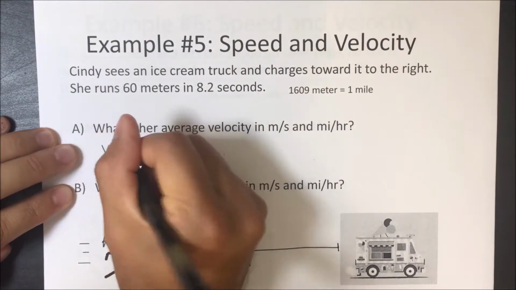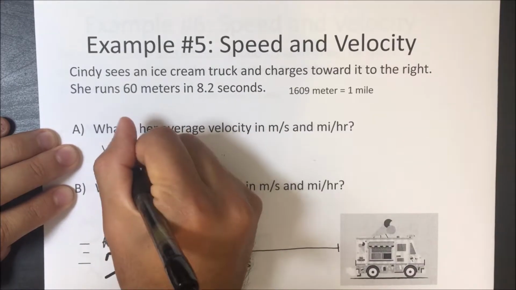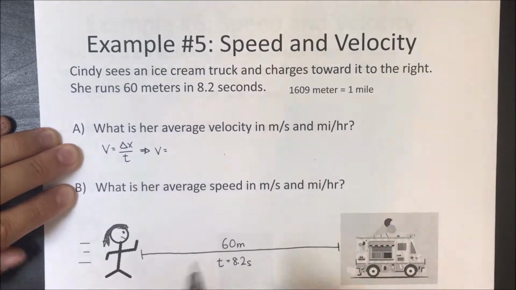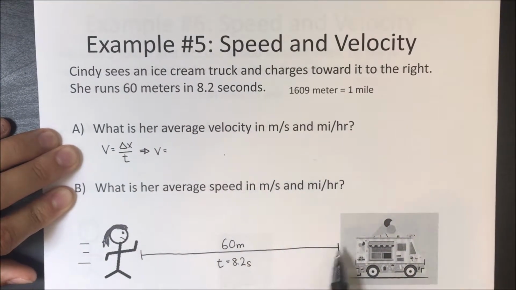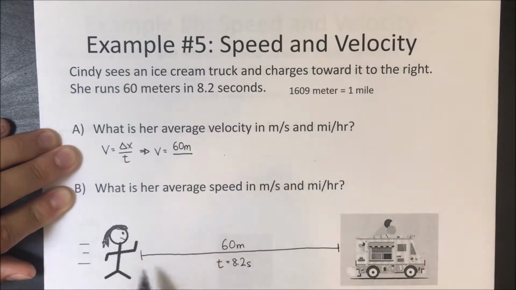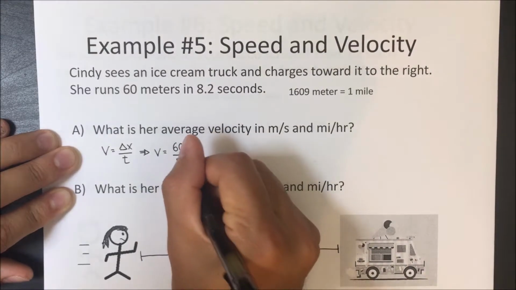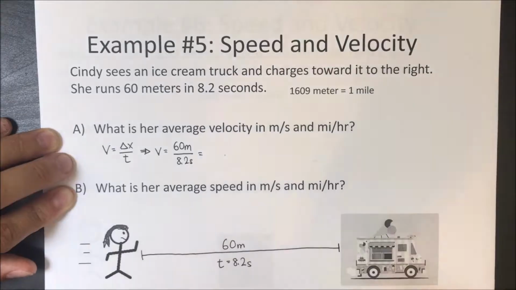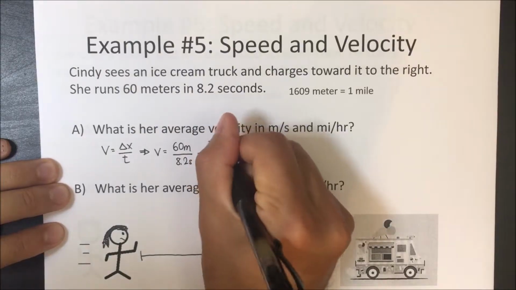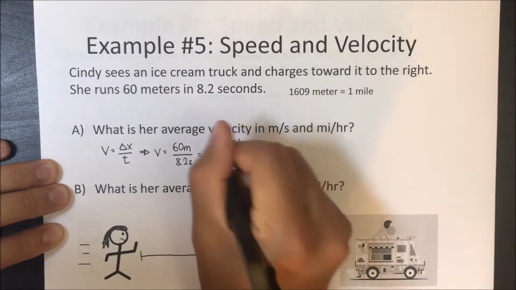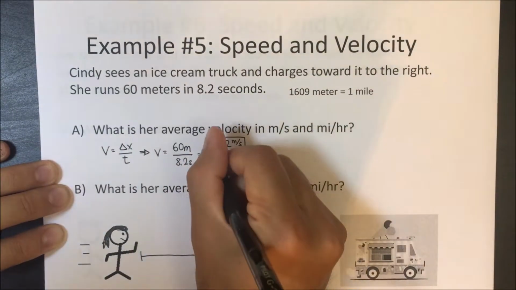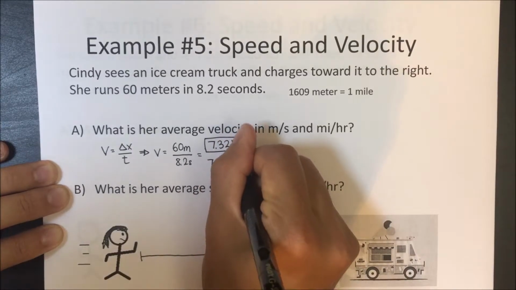And we know velocity is equal to the displacement divided by the time. We're looking for velocity. We know that displacement is going to be 60 meters to the right, so we could just put positive 60, or I'm just going to put 60 meters. And the time it takes is 8.2 seconds. We put this in our calculators, and what we get is 7.32 meters per second. So you can put this as your answer, or since it's asking for velocity, you can also put 7.32 meters per second right,